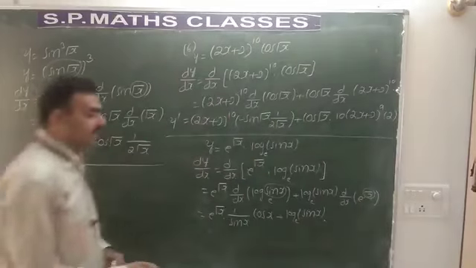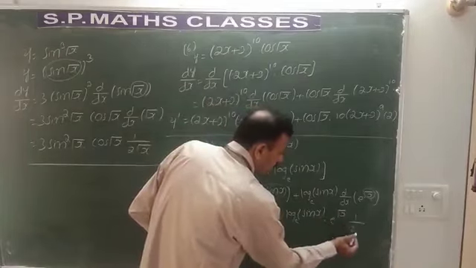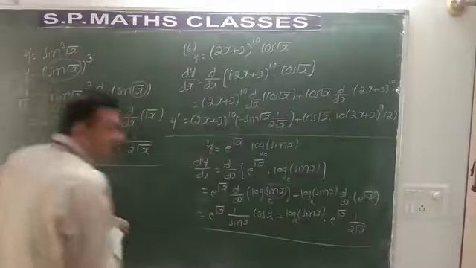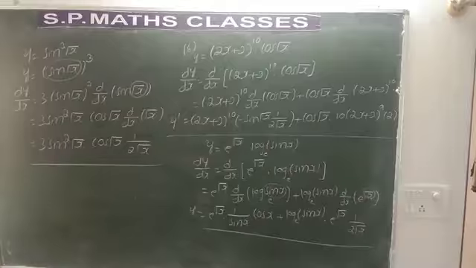You know the derivative of e power x. So consider root x as x. So it will be e power root x into 1 by 2 root x, because we need to take the derivative of root x also. It will be 2 root x. Hence, that is the answer. Y dash means dy by dx. As you know, dy by dx is denoted by f dash of x, y dash, y1 or capital D of y. Hope you have understood this problem.